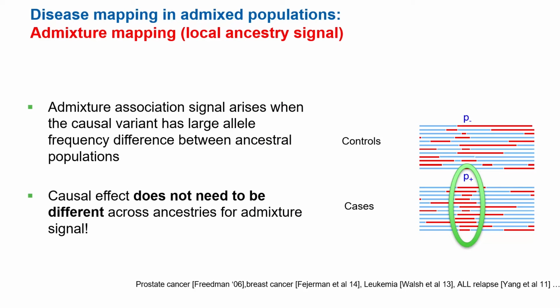The local ancestry signal, you can think about it as if the disease-causing allele is higher frequency in one of the ancestries, in this case, let's say in the red ancestry, then individuals that carry that disease will have more of those alleles at the disease-causing locus. And that induces what is called an admixture signal, or a correlation between the average local ancestry in the cases versus either genome-wide or versus controls, depending how you set it up.